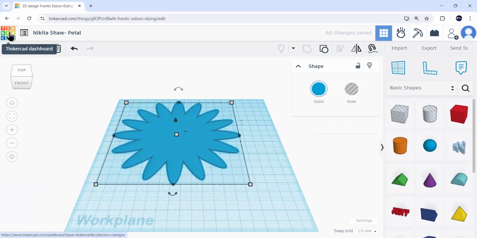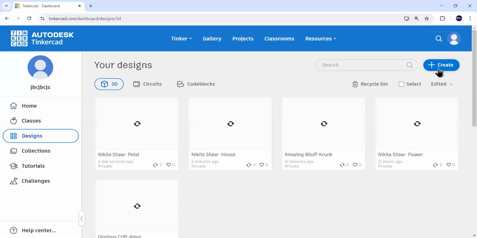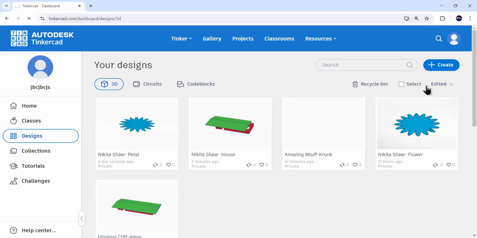Now again we will click on this Tinkercad dashboard to make the last design, which is of a chain. We can click on this create and then 3D design.